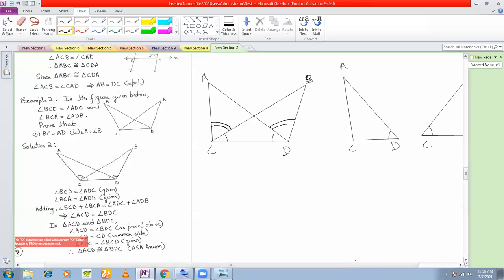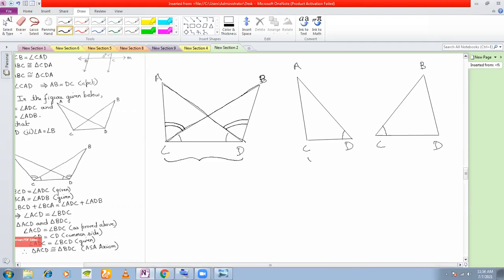Now see the question. Prove that BC is equal to AD. So you need to show that this side BC is equal to AD. These two sides are equal. Now, you can see only two triangles here. Identify the equal angles and identify the equal sides. So first of all, you see the side CD here. CD is the common side of these two. You see in this split figure also, you have CD and you have CD. So CD is the common side.